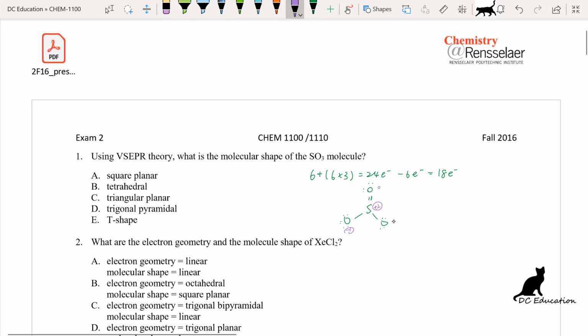We move one pair of electrons and make it a double bond. So this becomes 0, and the sulfur reduces to +1. Then finally we do another moving of a pair of electrons, and we get